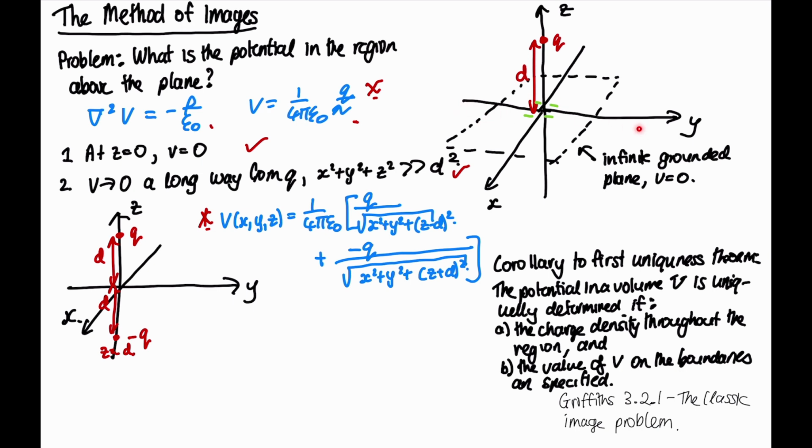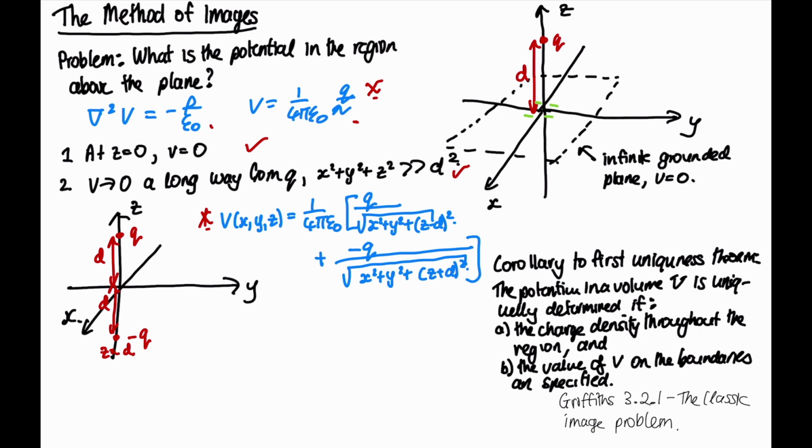So what we've just shown is that this voltage satisfies the conditions at the boundary, because the boundary of this region that we were considering, the region above the plane, has the voltage along this xy plane being 0, and then the voltage a long way from Q is also 0. And we've satisfied both those requirements with this equation here. So this allows us to use the corollary,